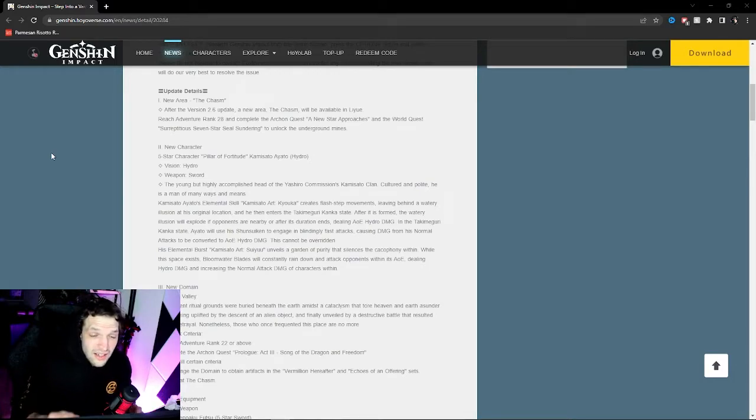That's really hard to say 5 times fast. Let's try it right now. Surreptitious 7-star seal sundering. Surreptitious 7-star seal sundering. Surreptitious